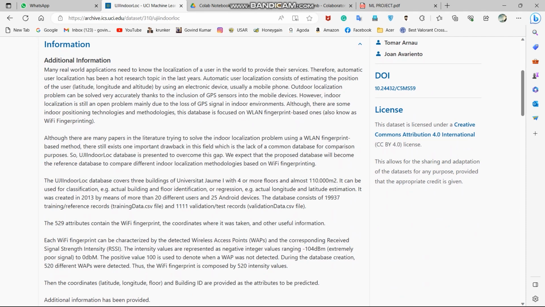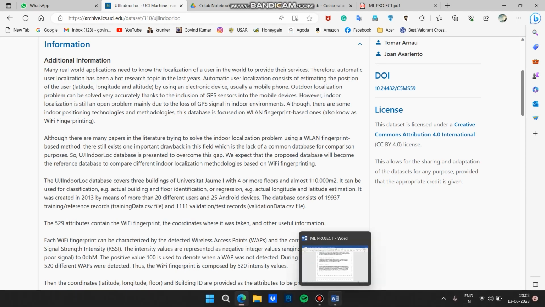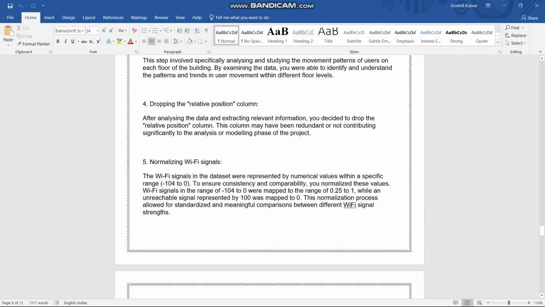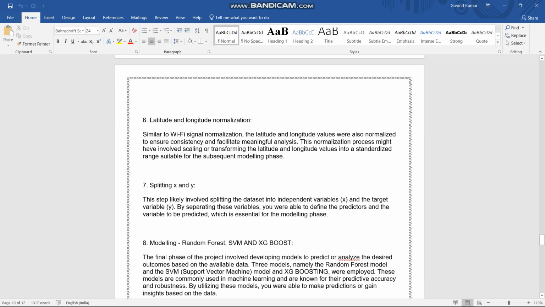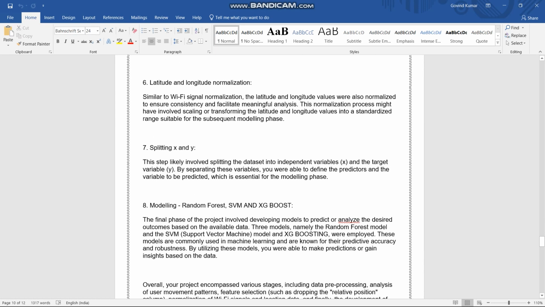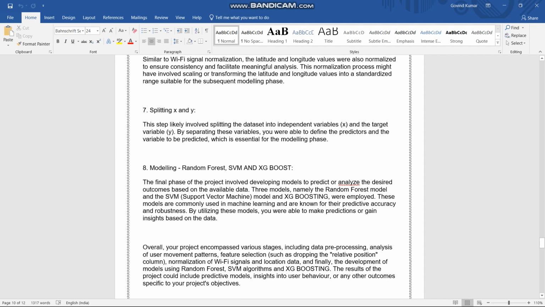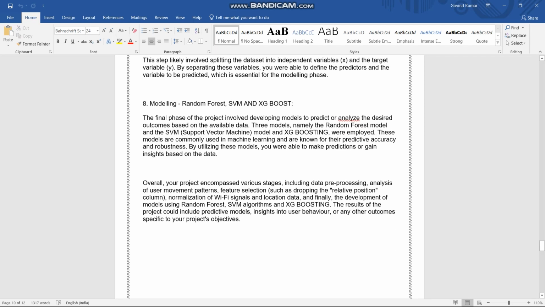So we normalized it, and then did latitude and longitude normalization, and then split X and Y and modeling. For modeling we used a random forest, SVM and XGBoost, and we have seen that random forest and XGBoost are suitable